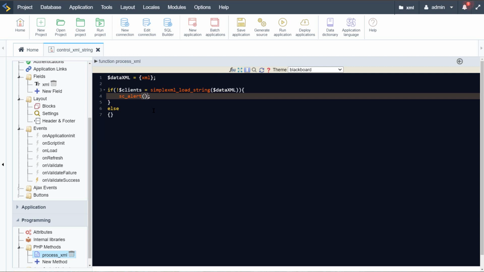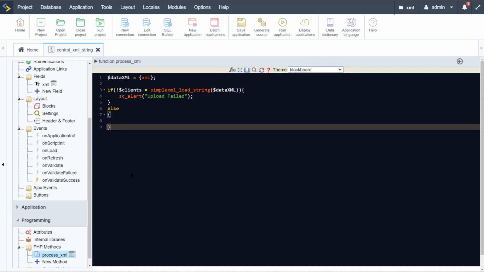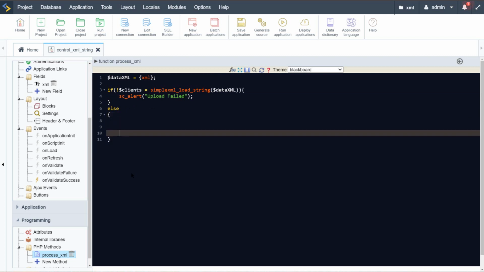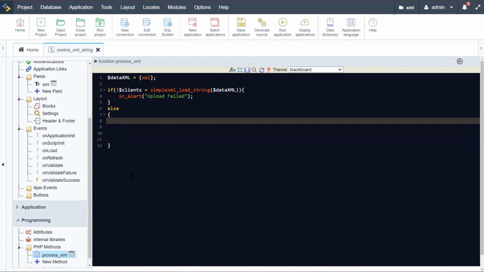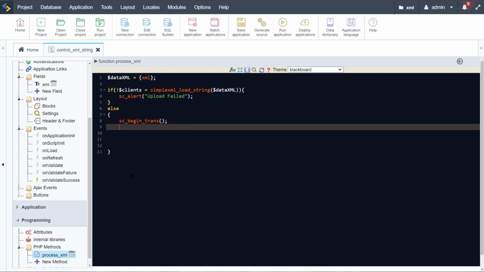And here then we will add some basic text saying the upload failed. Okay, and then else, if it does exist, then we want to process it. So what we want to do then here is, first of all, sc_begin_trans. So we will begin a transaction to the database, and then we want to, first of all, test the data